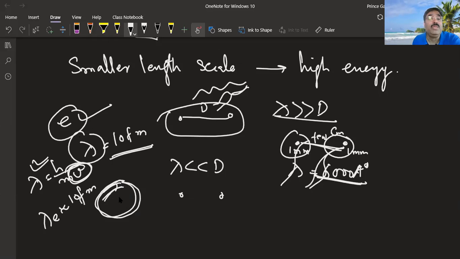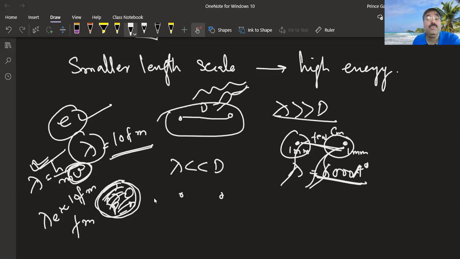I will be able to see the whole nucleus as a single particle. I will not be able to see the protons and neutrons. That's not possible. To get protons and neutrons, my wavelength must be of the order of Fermi. So I must increase the energy of the electron. Therefore, I need very fast moving, highly energetic electrons to probe into the nucleus and to see protons and neutrons distinctly. So to give electrons that much energy, you will need accelerators of very large